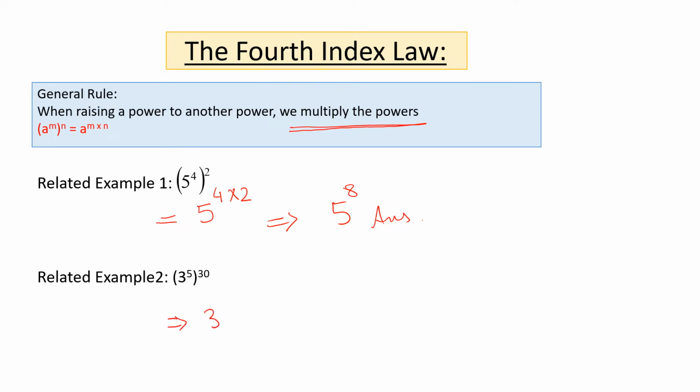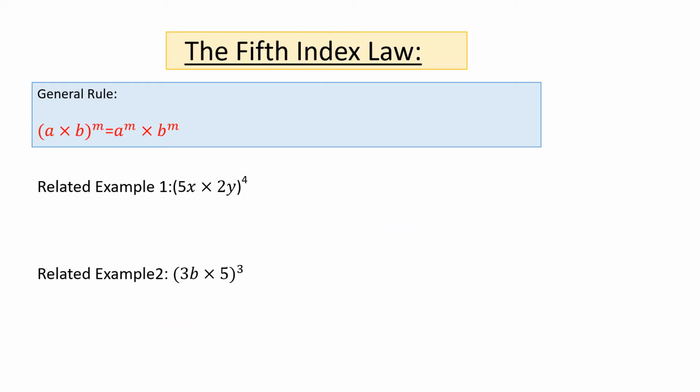Next we have 3 raised to the power 5, raised to the power 30. We multiply 5 and 30 as per our rule. So 3 raised to the power 150. This is the answer. The fifth index law, general rule, a times b raised to the power m